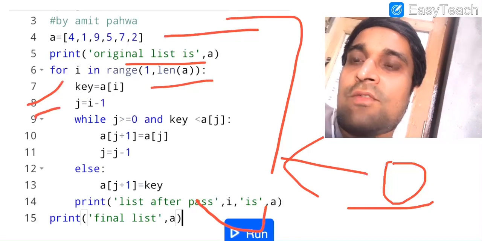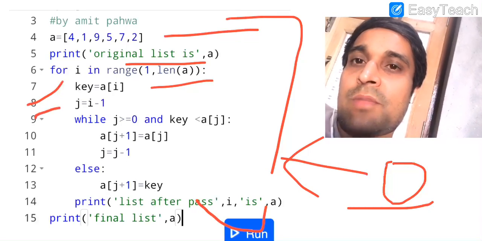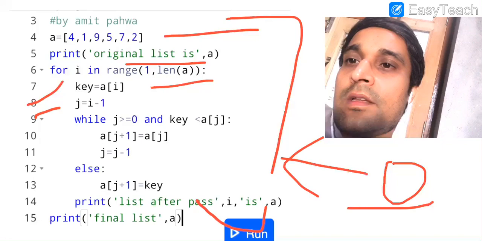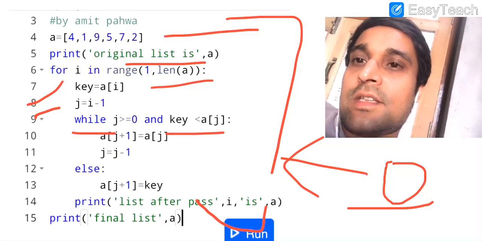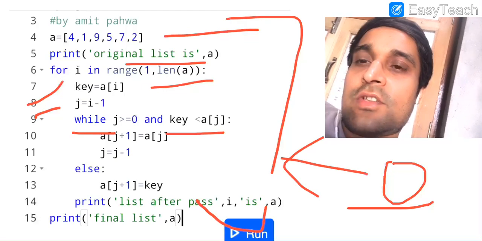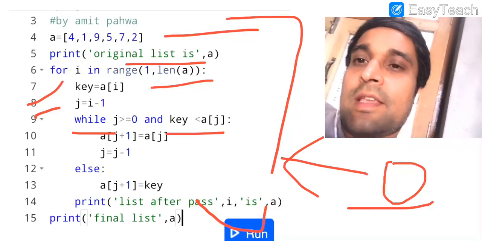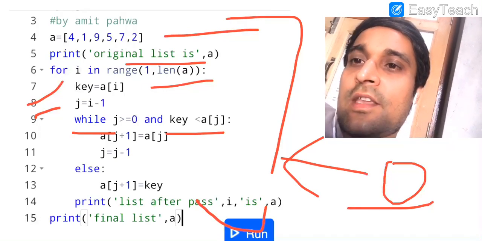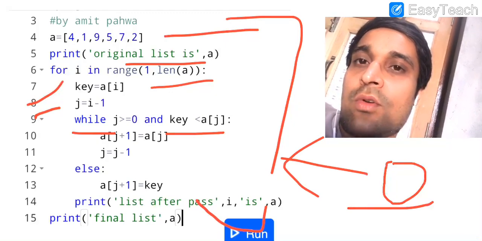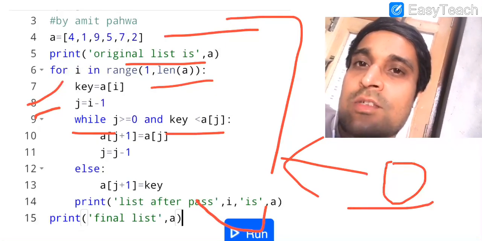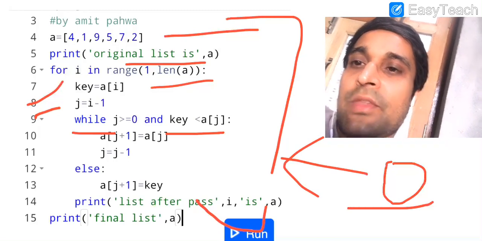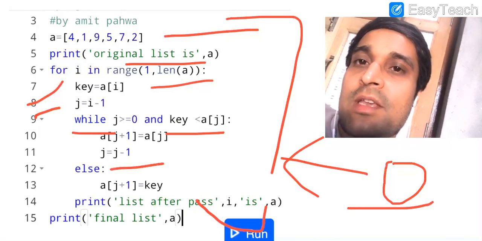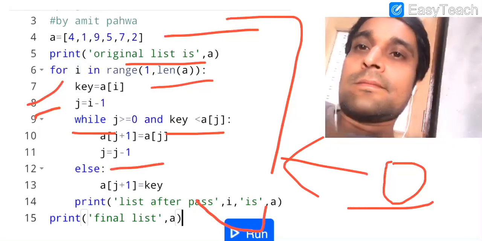Our j will be i minus 1, meaning one card before our key element, and this loop will continue while j is greater than or equal to 0 and the value of the key element is less than A[j]. Then at A[j plus 1] we put the value of A[j], meaning at the next location the previous value will be saved, and j is equal to j minus 1. This is the process